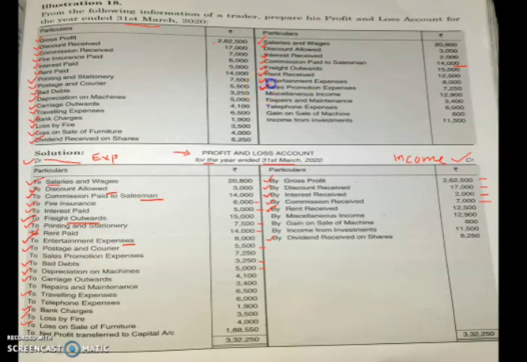Next is sales promotion expenses. To increase our sales, whatever extra we do, that is sales promotion expenses. For example, giving advertisements is one technique of sales promotion. So we are incurring expenses to increase our sales, that will be recorded on the debit side of profit and loss account as sales promotion expenses. Next is miscellaneous income, other sort of income. So all petty incomes are together known as miscellaneous income.